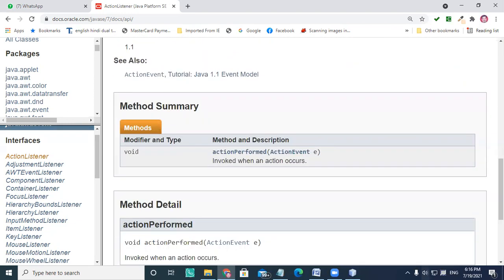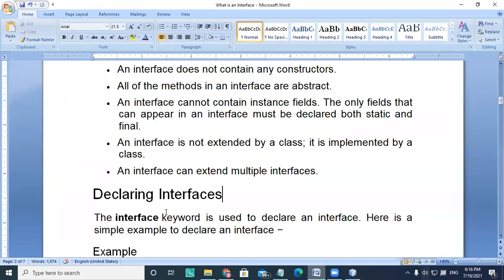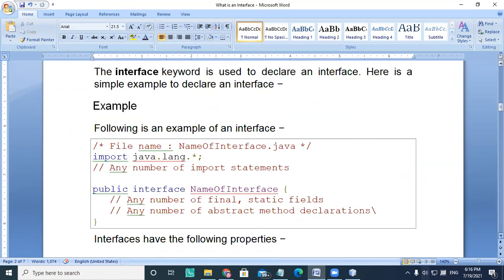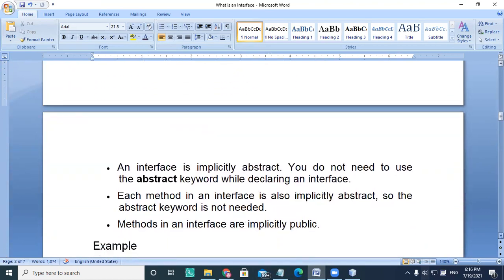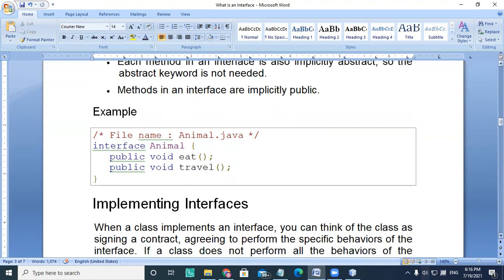Which class the ActionListener is used with, all those details are given here. What I'm trying to tell you is that an interface is nothing but a simple body, and in that body you can use the names of the methods. Look at this: Animal is an interface, and eat and travel are the methods.